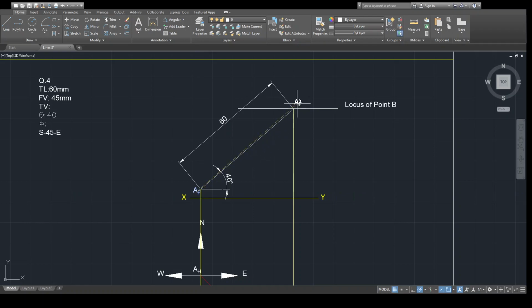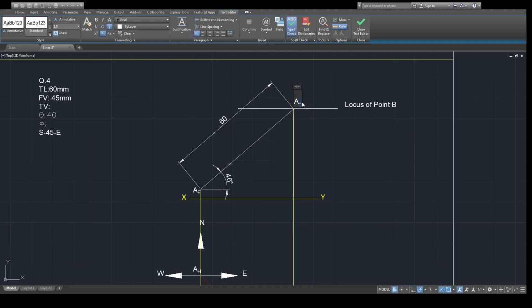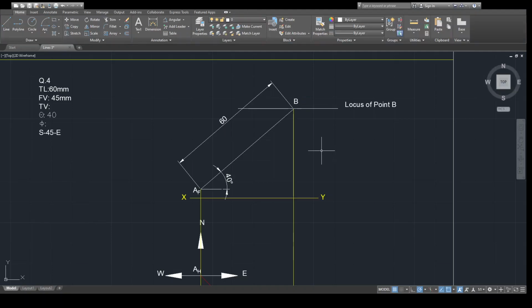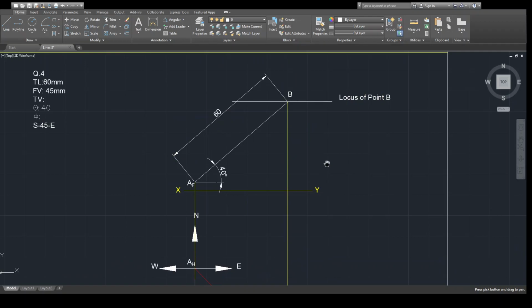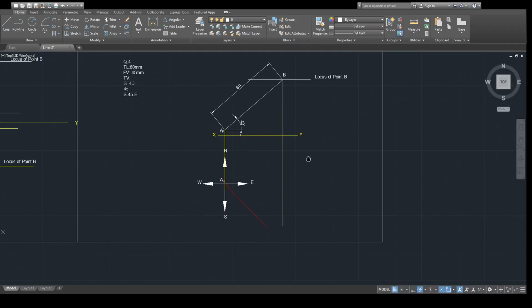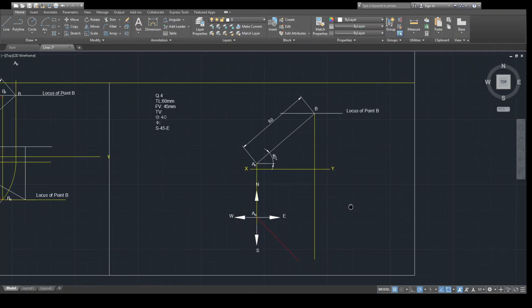So this point I will call point B. So AFB is the true length and its angle is 40 degree. So the locus of point B is known in the case of front view. In the case of front view, we have drawn the bearing line. It is red in color. S45E means south to east 45 degree.